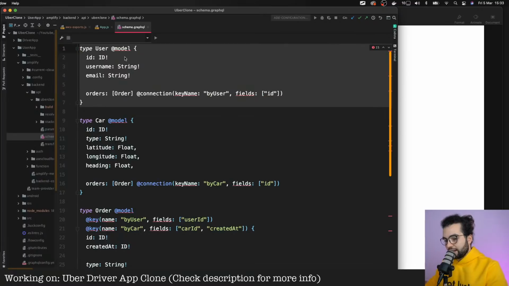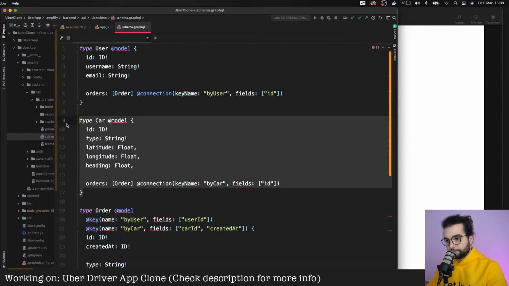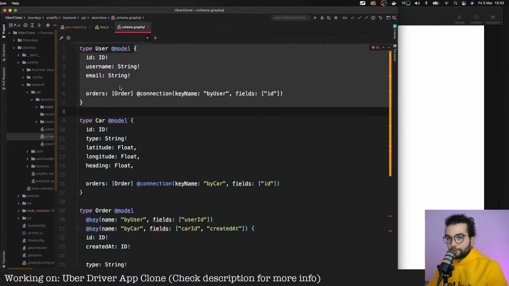So whenever we sign up with a new user in the Cognito service, we automatically create a new user in the database. Now the thing is that if that user is a driver, we need to create a car as well. So we need to assign one car to each user that is joining the driver application.